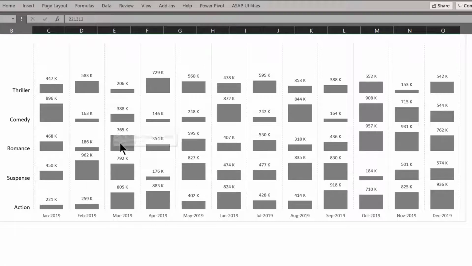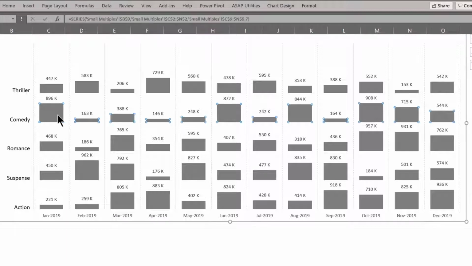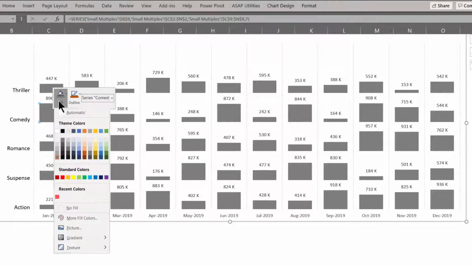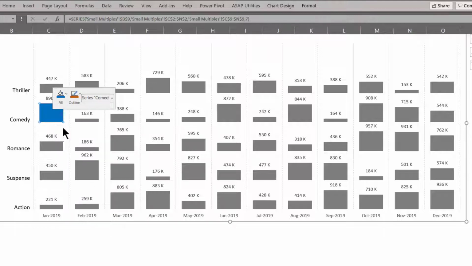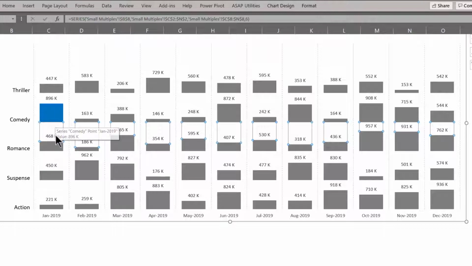Now the next step is highlighting the highest value sales across each of the 12 months, together with this December month. For that, the first thing you will have to do is select whichever is the highest one in that particular month. So for January, you can see Comedy is the highest. Once I click on this, the entire 12 months get selected. I will click on this column one more time and only that particular column will get selected. I will right click it and change the color to blue so that the highest sales in that particular month get highlighted. Now I will do it the same way for other months also.